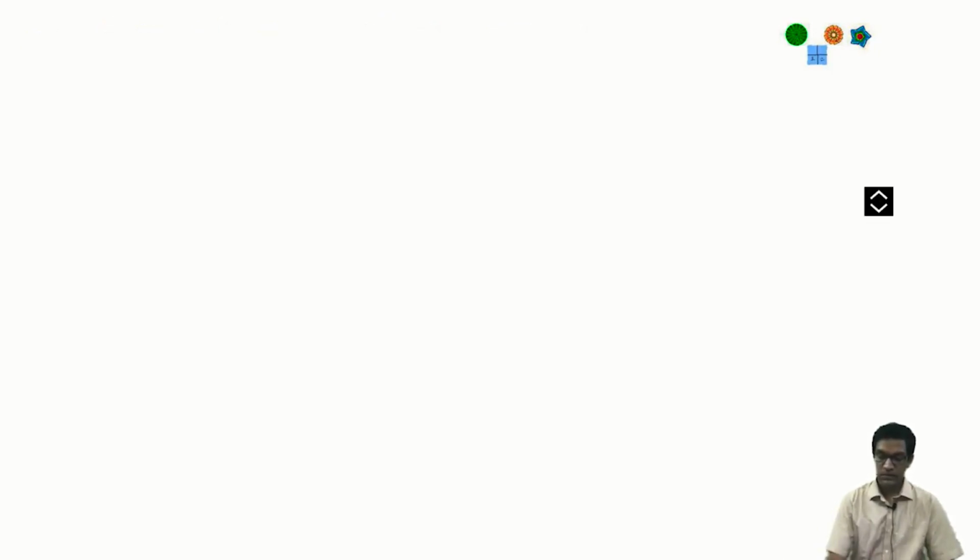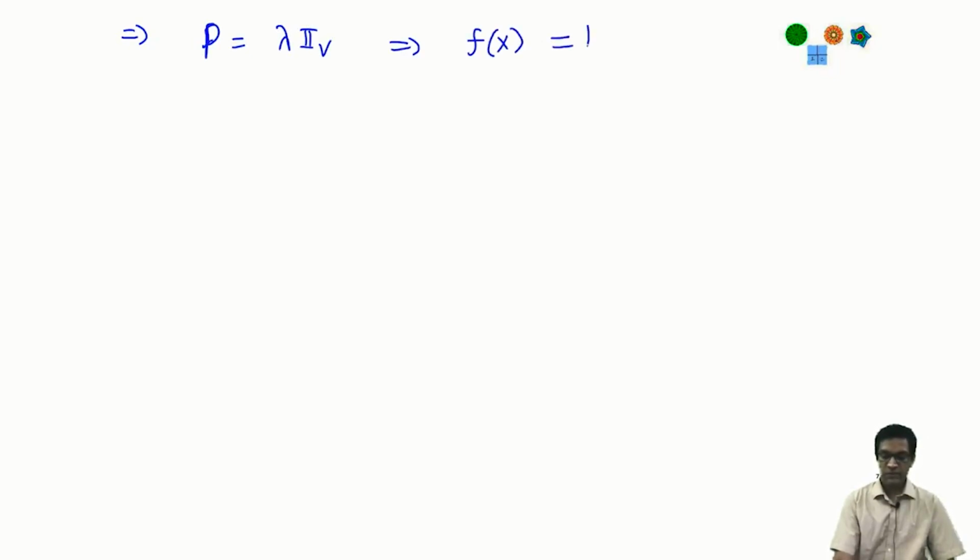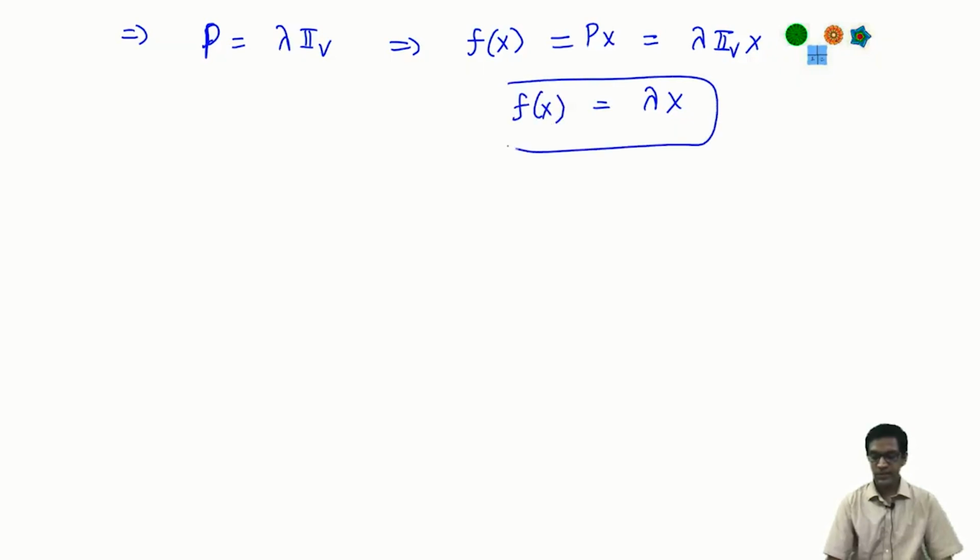So what is that? I mean, for the moment accept this as a fact. So what conclusion do we make? We conclude then that the matrix P therefore must look like some scalar matrix. Therefore in particular this homomorphism f, which looks like multiplication by P, is just nothing but lambda times I_n applied to x. So this is just f of x. This homomorphism is just this very simple trivial homomorphism which is scaling by lambda.